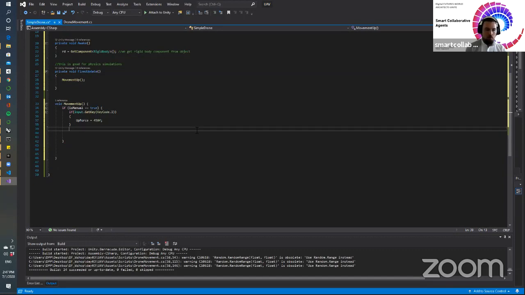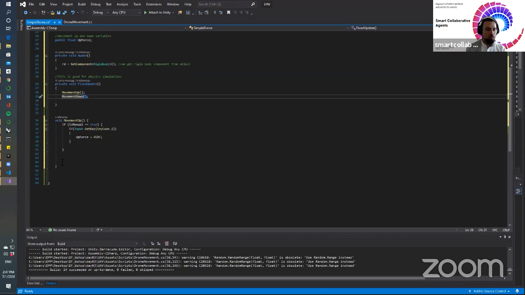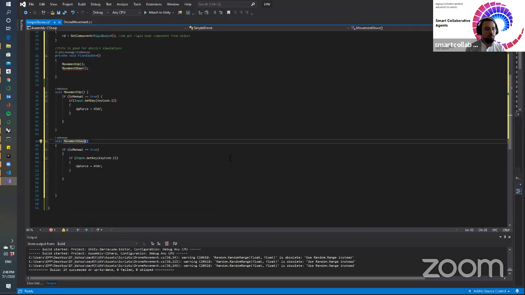So the script will be a little different to the one that I gave you, but you will see the difference. We will add another method here to go down, movement down, and I will copy this. Let's make it a little bit prettier. I will copy another method, and this will be called movement down. And the same thing, if it's manual,